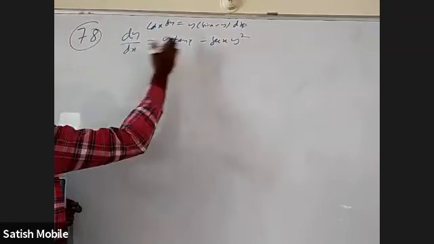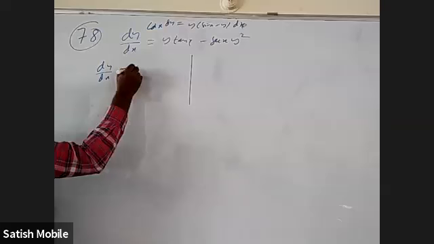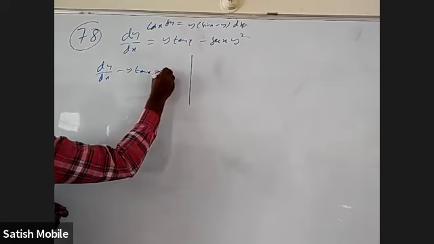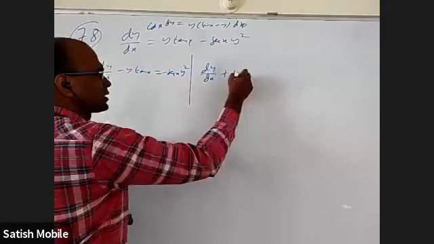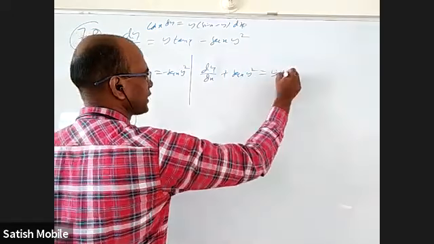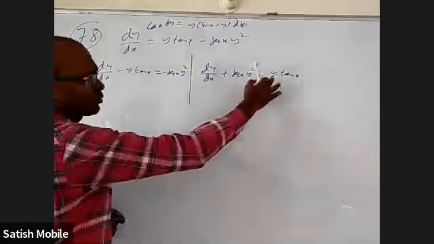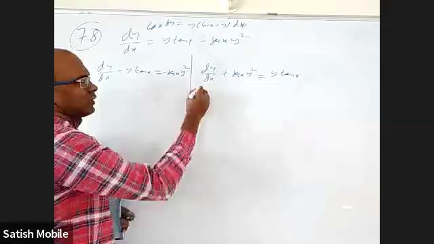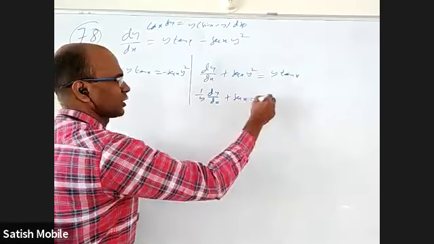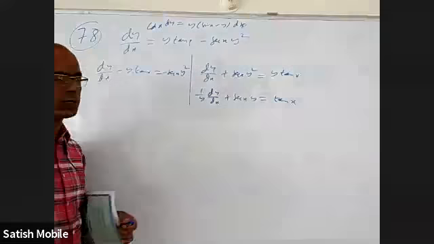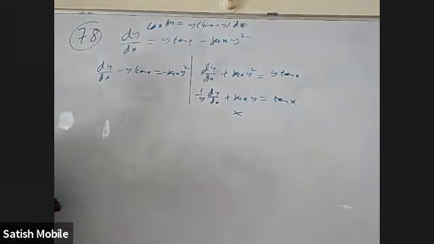Now I have two options. Either I can bring this one here, this one here. Once again, two things. dy by dx minus y tan x is equal to minus secant x y square, or dy by dx plus secant x y square is equal to y tan x. If it is this, I don't want any function of y, so divide with y. Then I'll get 1 by y dy by dx plus secant x y is equal to tan x. Not so good, because if I take this as z, there is no derivative of that. So let us not proceed.